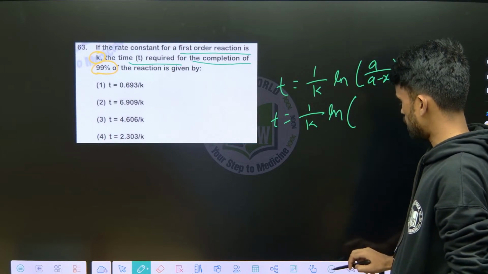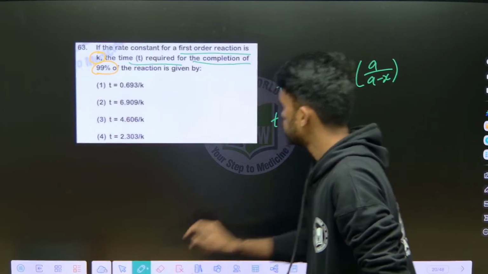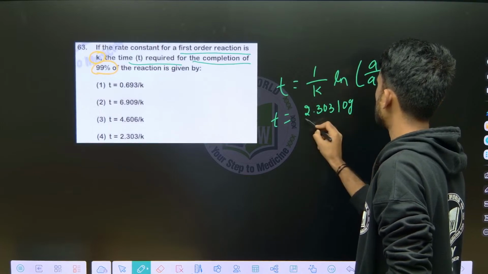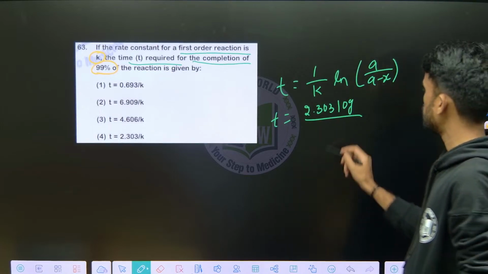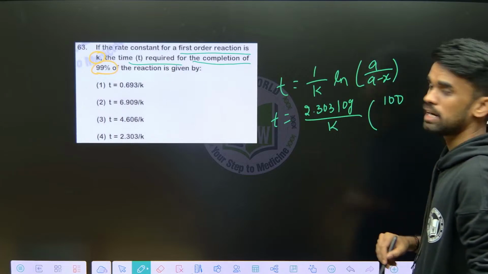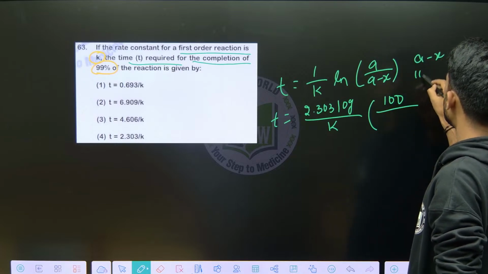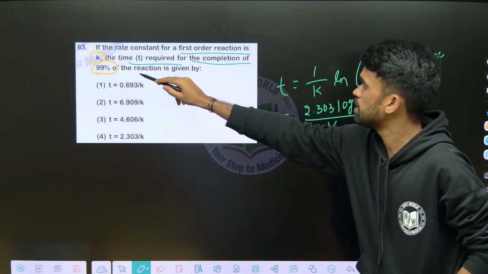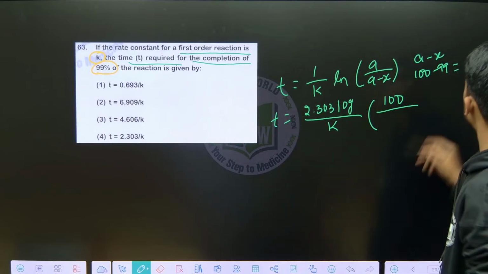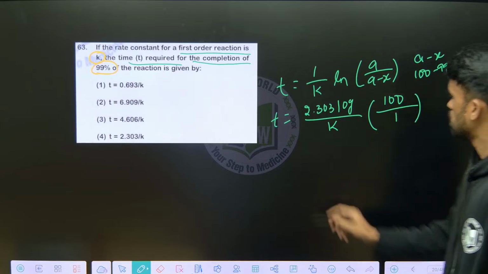So ln we can also write in terms of log as 2.303 times log. So what is the A here I am taking? That is, let us say 100% initially. So A minus X, 100 minus how much it is completed? 99%. So what are we remaining with? We are remaining with 1. So 100 minus 99 is 1. So we can write like this. So T can be